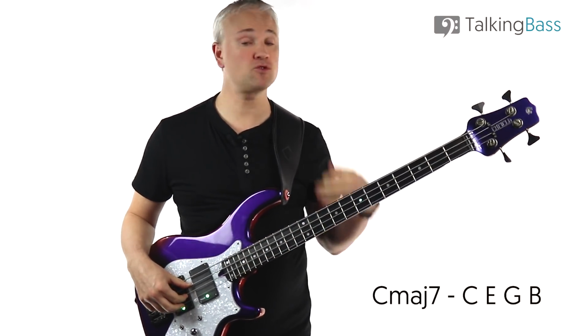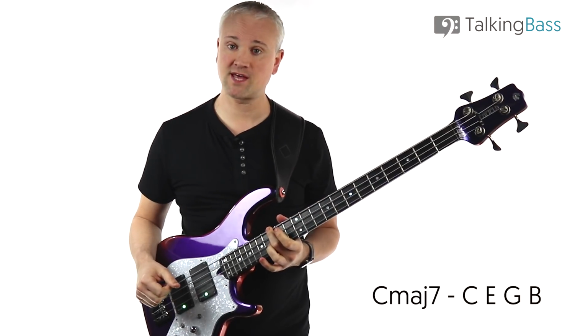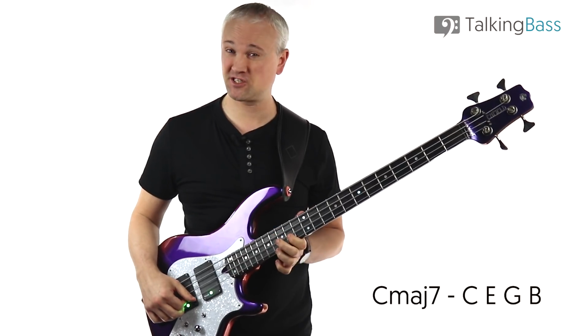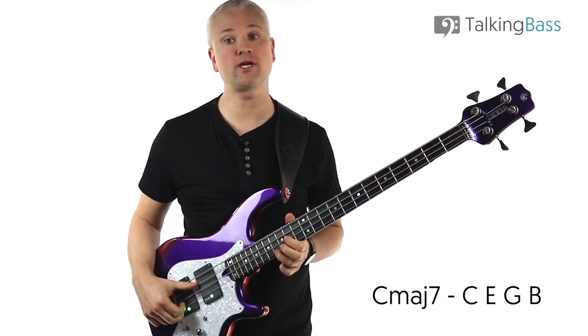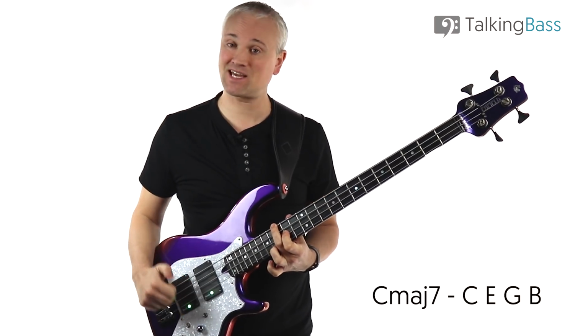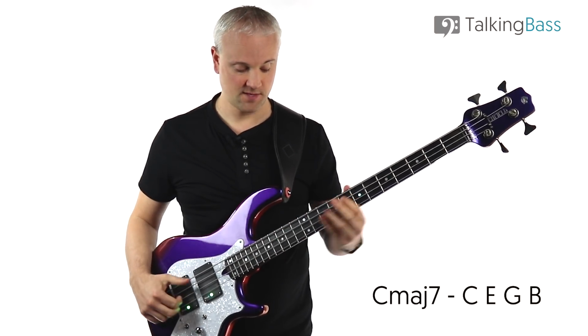For the second inversion, we're going to have to start on the 5th, so let's start on the G, which we've got there at the 15th fret of the E string, and then we can put the 3rd and the 7th up on the top, E and B, okay? So that's 14th fret D string and 16th fret on the G string. There's our second inversion, C major 7. So we have then,